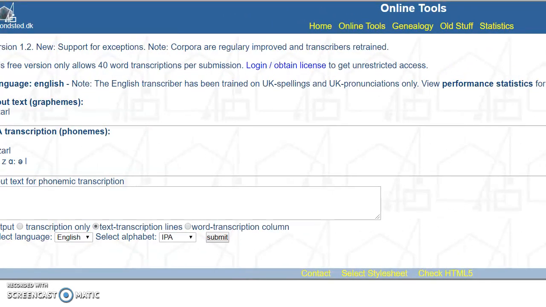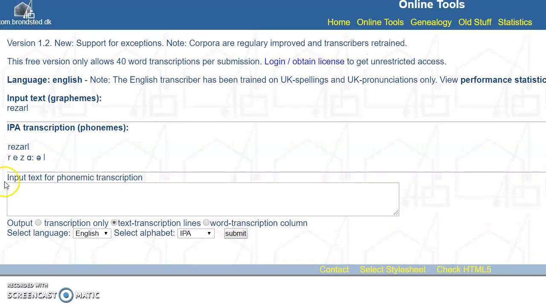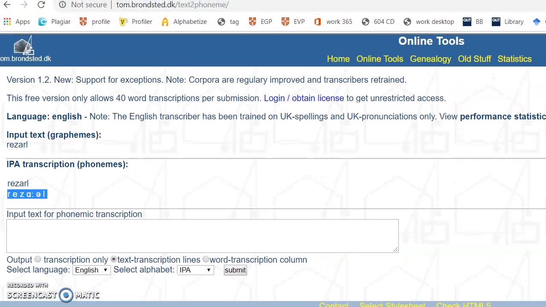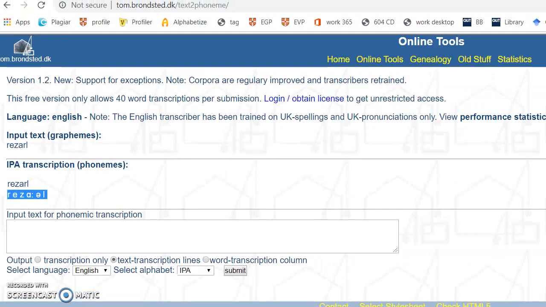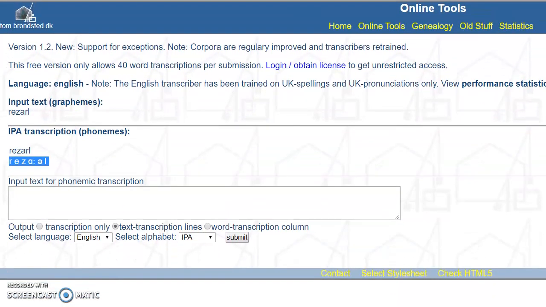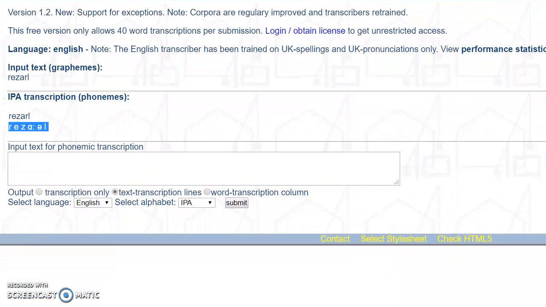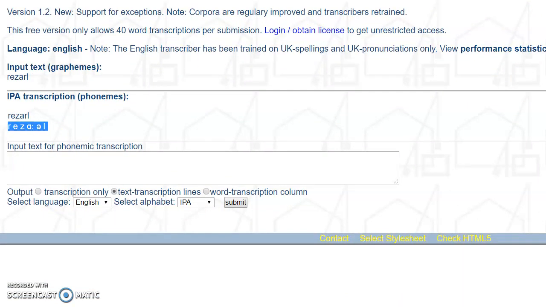So to get the word "result," and without looking at the IPA chart myself, I'd try a few different spellings. I typed in "result" and a few different ones, and this is pretty much the closest. It just gives me those little codes that I'm not going to go looking for on my computer, and I can manipulate these as I need to, just copy and paste them. Now, this website is called tombrondstead.dk, and I find this quite useful. I haven't done that much searching for IPA stuff, but I like how this one works for me.